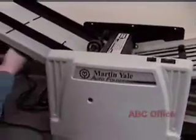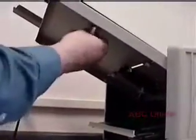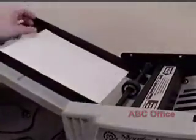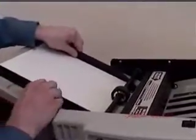Now, underneath the feed tray, there are a series of 4 screws, which you can see right here. They are white. 1, 2, 3, 4. Just turn that counterclockwise, and that will allow the feed tray to be adjusted. So if you're using 11 by 17 paper, you'll want to slide those out until it accommodates the larger paper. We will be using just standard 8.5 by 11, and so I recommend just sliding those in